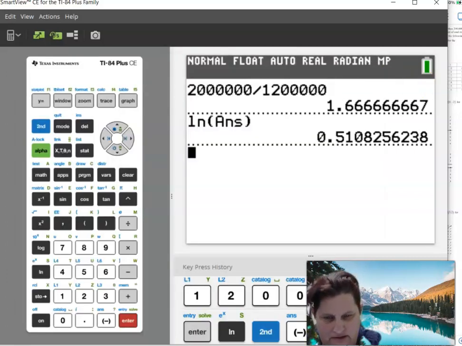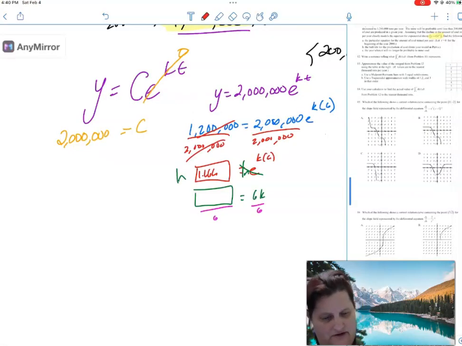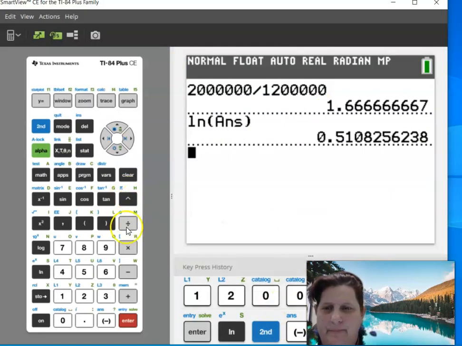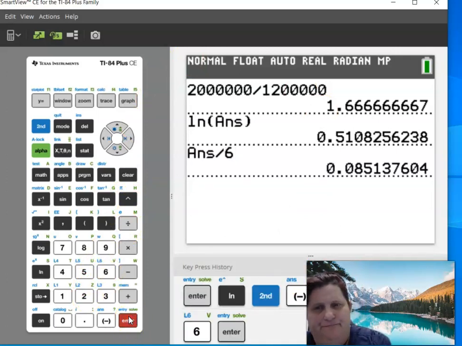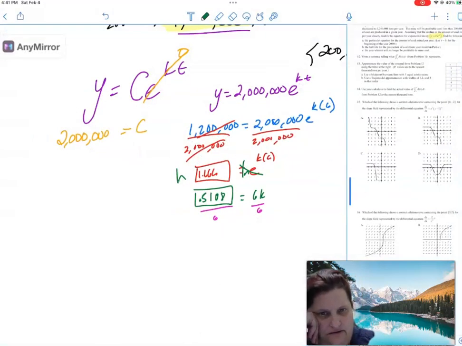I get 0.5108. So if I come over here, for this next step, I get 0.5108, and then I want to divide that by 6. And so I just go answer divided by 6. All right. And for k, I get,